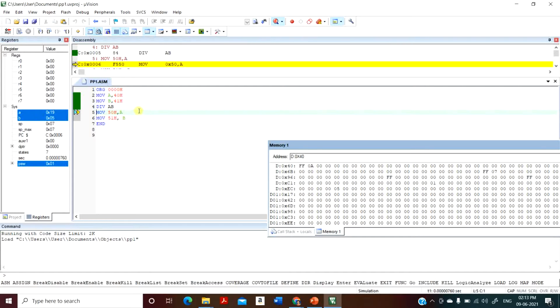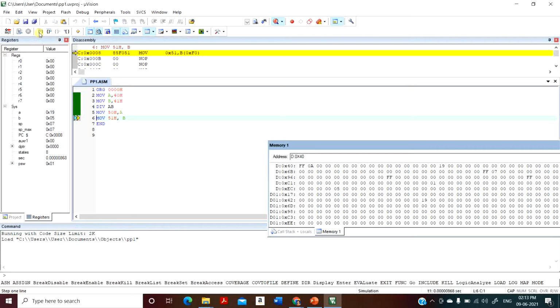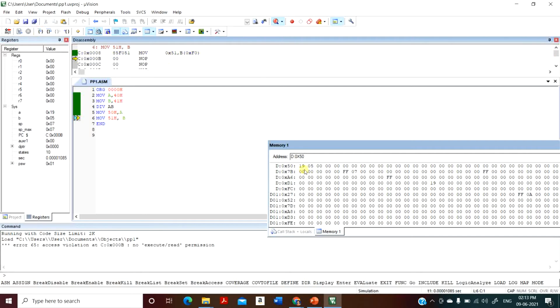Now our intended result should be that the quotient is present in 50H and the remainder in 51H. So when I do MOV 50H, A, in 50H you have 19, the quotient has come, and now the remainder is present in the 51H memory location.